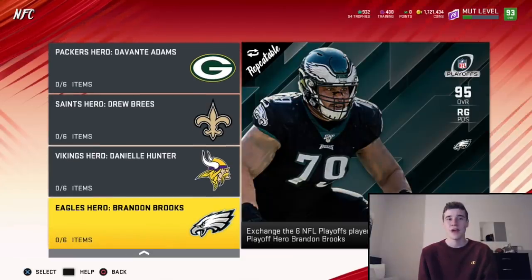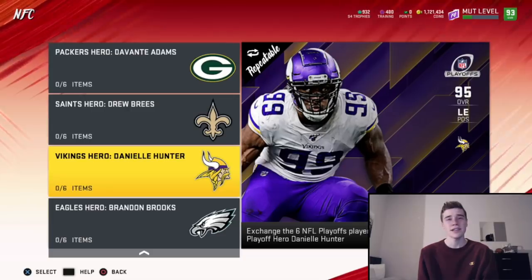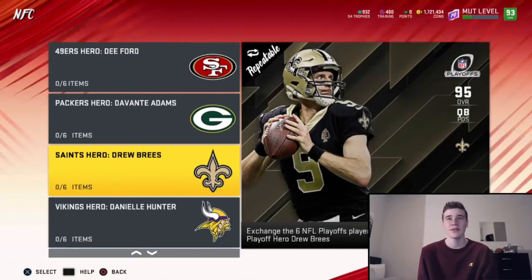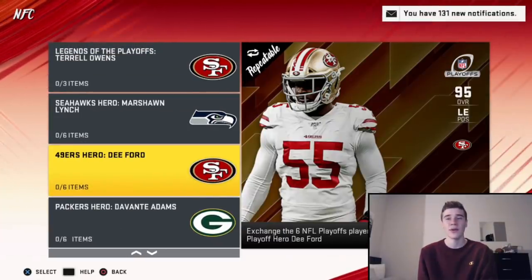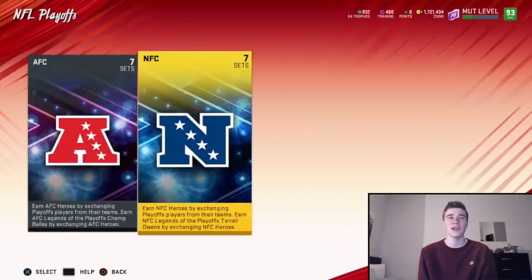these cards. Brandon Brooks is a good card. Okay, Brandon Brooks is a good card. Fair enough. Danielle Hunter, he's a good card. Wouldn't play on my team, though. Drew Brees, too slow for me, although I do love you, Drew. We'll see if he's even on the Saints next year. That's definitely a conversation for another day. Devontae Adams, too slow. Marshawn Lynch, too slow. And D Ford, just doesn't have the block shedding that I'd like to see. So Danielle Hunter and Brandon Brooks, maybe those are two solid picks, but as we look on the AFC side